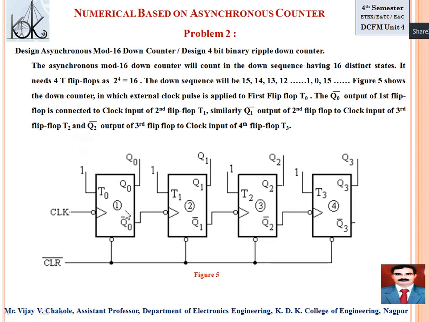See here, whenever the second negative edge comes, T equals 1. This toggles from 1 to 0, so this becomes 0 to 1, a positive edge. My requirement is a negative edge, right? So this is no change. Previously 1, next is also 1, so this changes 1 to 1. So this becomes 0 to 0, low level. My requirement is a negative edge, again no change.